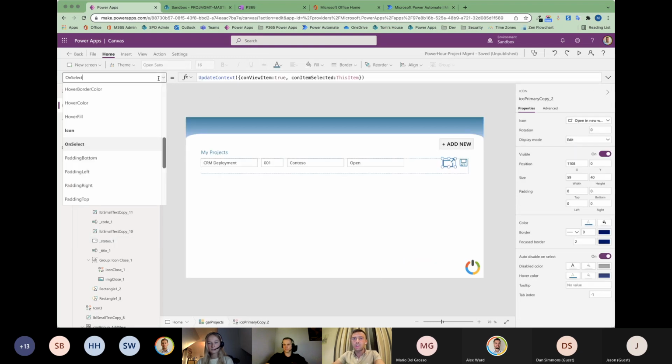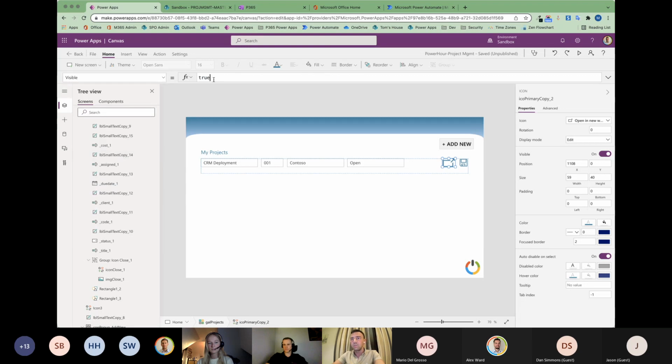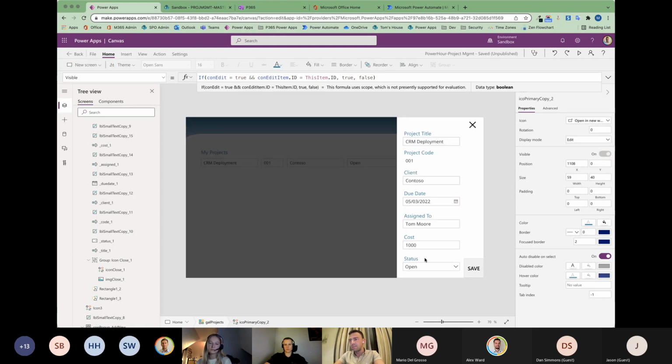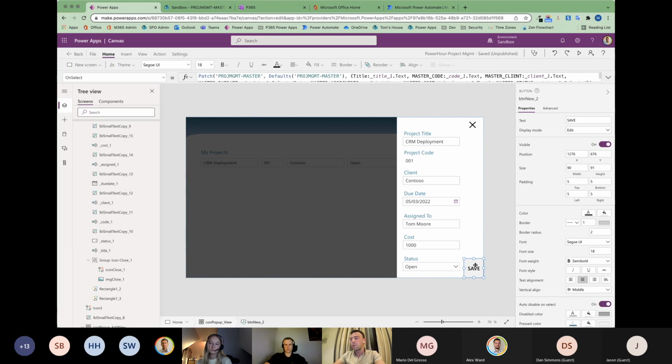What I could also do here is say that only show me this when con edit is true, otherwise false, so that it doesn't show all the time. What it does allow me to do is, when I'm editing, I can then expand it a bit further, and here it is. Now, minus the fact that this looks terrible, what I want to do here